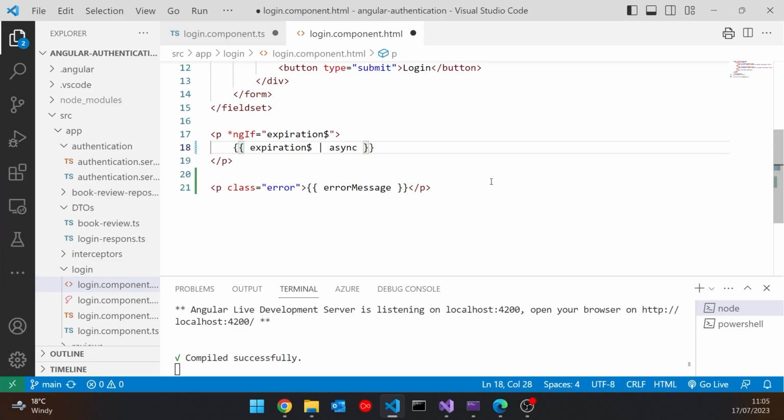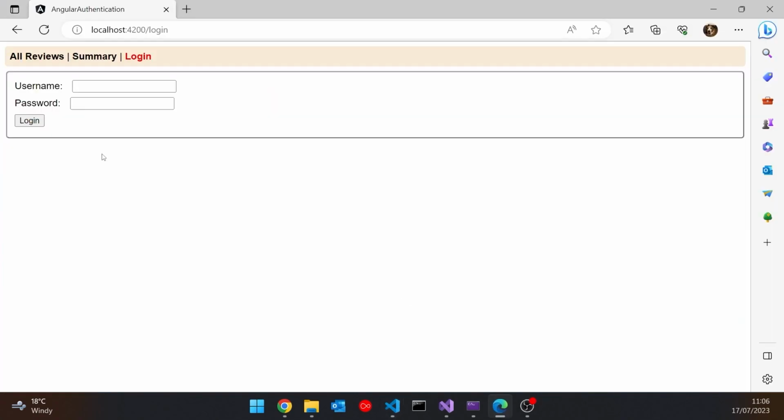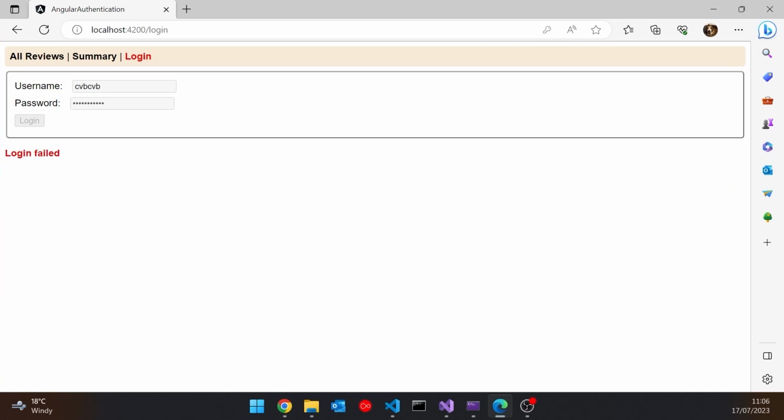And so that's what we're going to put in there. And so now, if we save all that and go back to the browser, and now if I log in with some garbage, then we're getting the message login failed there. So as I said, we'll still get the verbose message if we go to the console. So that's what we did with the throw error. So we're still seeing the message there, but we've also got the data up here. We've still got a slight problem there. We've disabled all of those controls because we'd tried to log in, even though we didn't actually successfully log in.